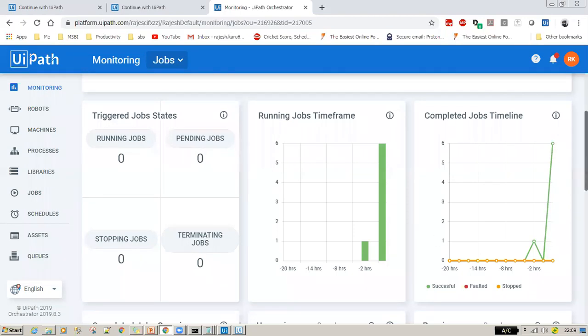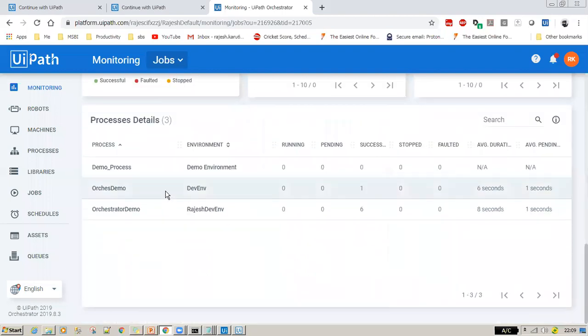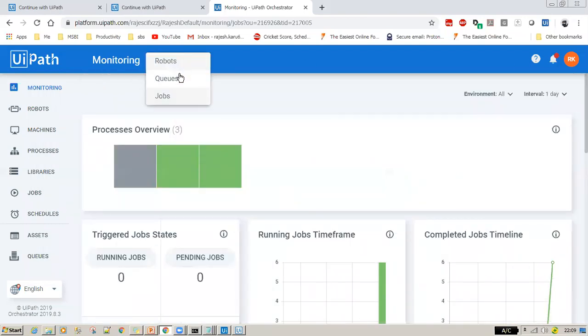It's an interactive dashboard, guys. See how many jobs completed at a certain point in time. See, 7 got successful. And if any pending job schedules are going to trigger, it shows them in the upcoming bots, and on which machine they are supposed to trigger, along with currently active running jobs. See here, it will explain the process details. So this is called a monitoring dashboard.